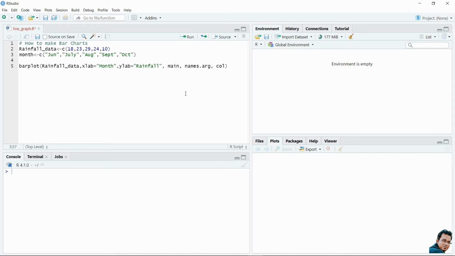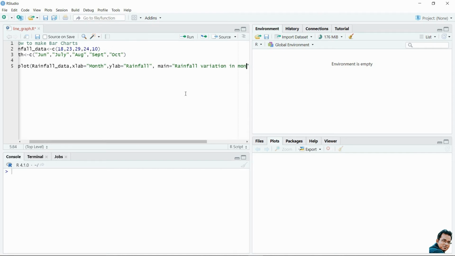And the figure name is rainfall variations in monsoon season.